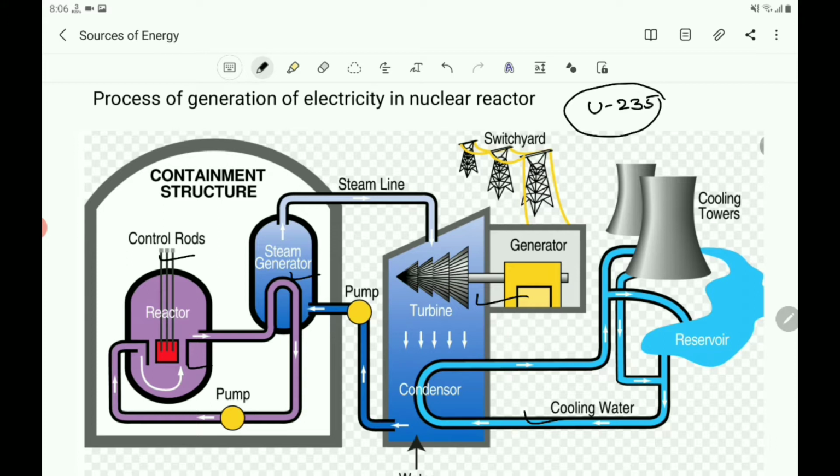These are the different parts of the nuclear power plant, that is the power plant in which the nuclear energy is used to produce the electricity. These are the different parts of the nuclear reactor. A nuclear reactor is covered with a thick coat of radiation absorbent material like lead and then enclosed in a chamber having thick concrete walls to prevent leakage of radiations.